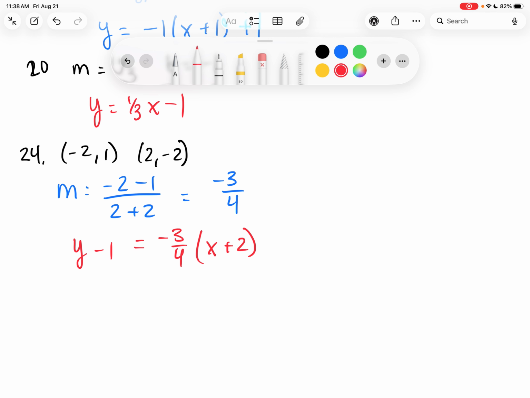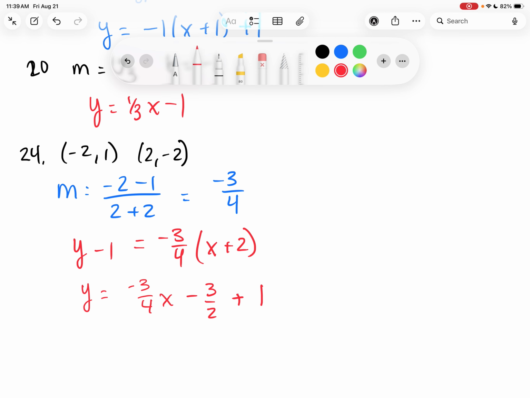And then I'm going to have to move this over, and I would go ahead and distribute this, but I'm going to move the 1 over in this step. So y equals -3/4 x, and then minus 3/2